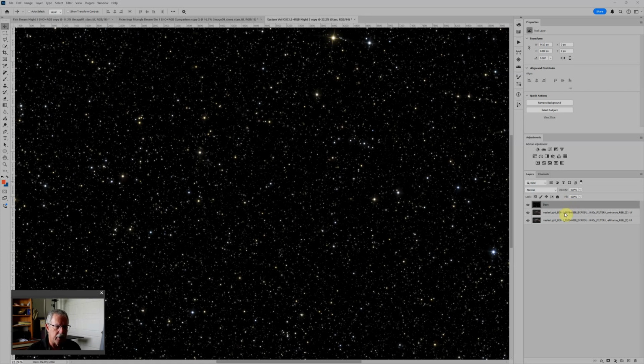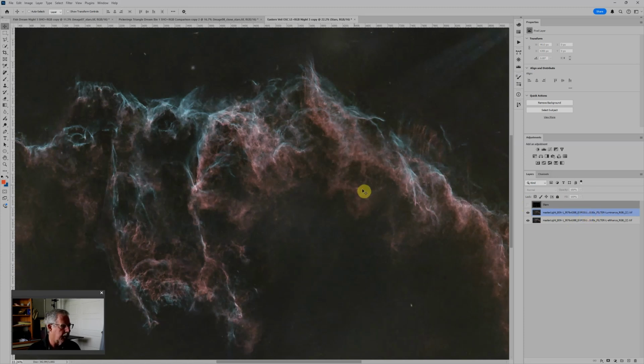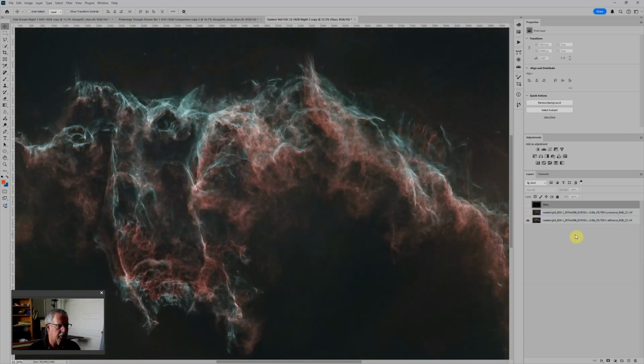And you can see I've got three layers in the layers palette. The top one is the stars. Below that we have the simple RGB. This was taken with a one-shot color camera. So this is the RGB. And then this was captured with an L-enhance, which gives us a little bit more detail and a little bit